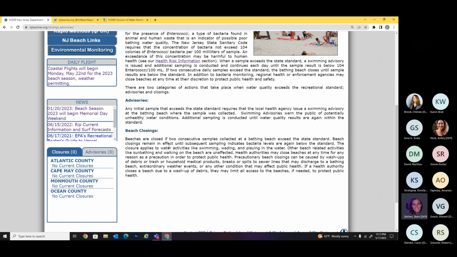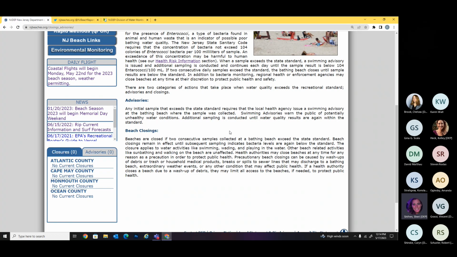So if any of those 3 resamples fail, like I said, we resample 3 times for each exceedance, the next day the beach will be closed for swimming. And we'll continue to do resampling, again with 3 samples for every exceedance, or bracketing that station that exceeded. And then we'll also have a certified health inspector go out and do the sanitary survey, and the closure will be posted at the beach and swimming will not be allowed.